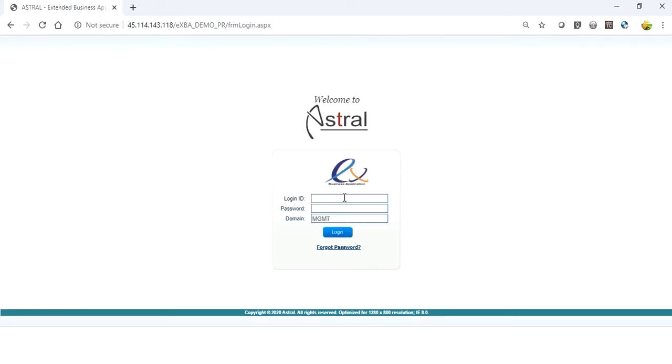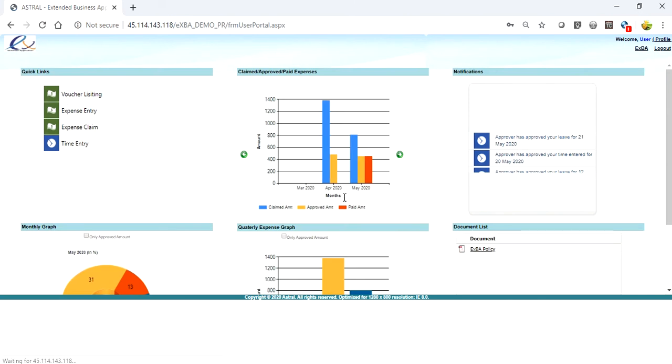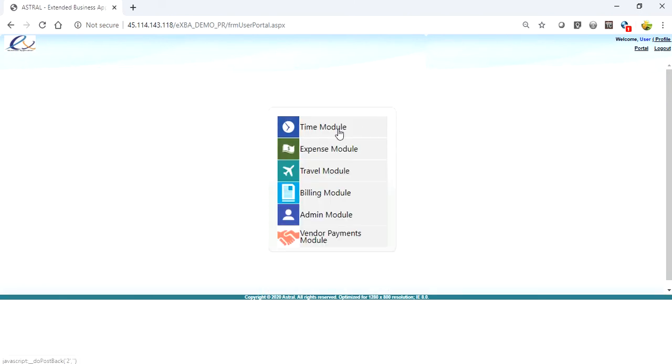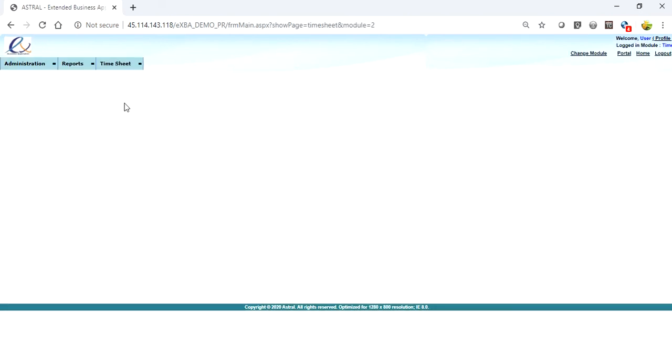Okay, so till now you have seen the entry of the time and the approval by the approver. So now I will go to the user login again, and I will show you some of the reports which are already inbuilt into the system. So I will log in with the user ID. I will go to the Xbar and timesheet module, and in this you will see three reports which are currently available, inbuilt into the system for the user. So there is leave report, missing time entry and timesheet.